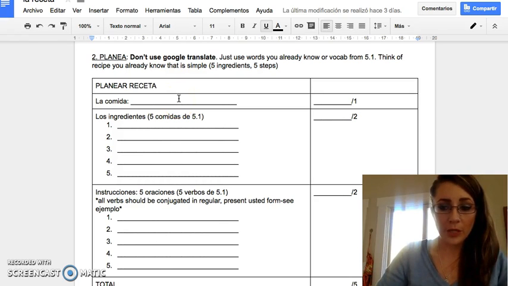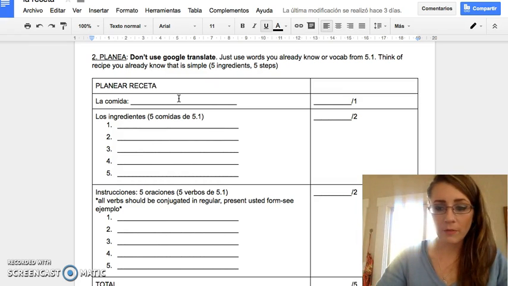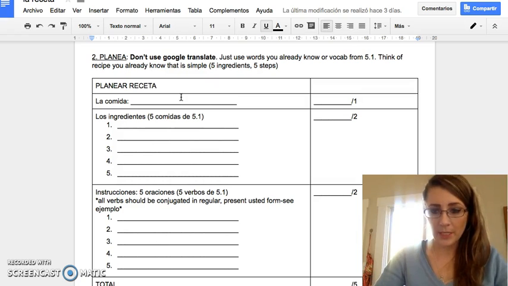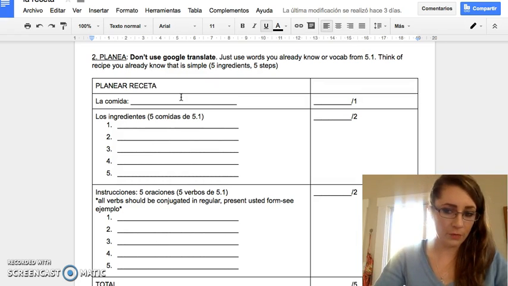You need to think of something that's simple, please, so you're not really confused and it's not taking you forever. I made tomato sauce. It should be something super simple. Okay, it doesn't need to be an interesting, complicated food. If you can make it interesting and complicated, you should. Okay, you know who you are.